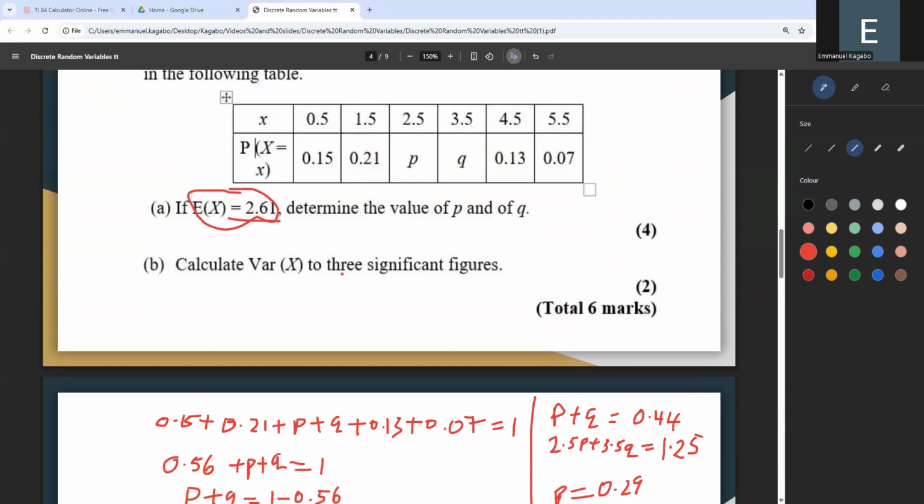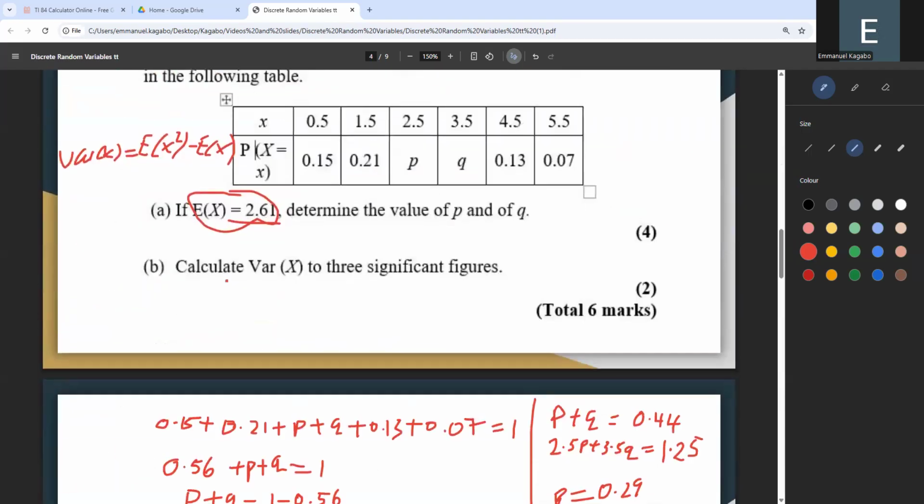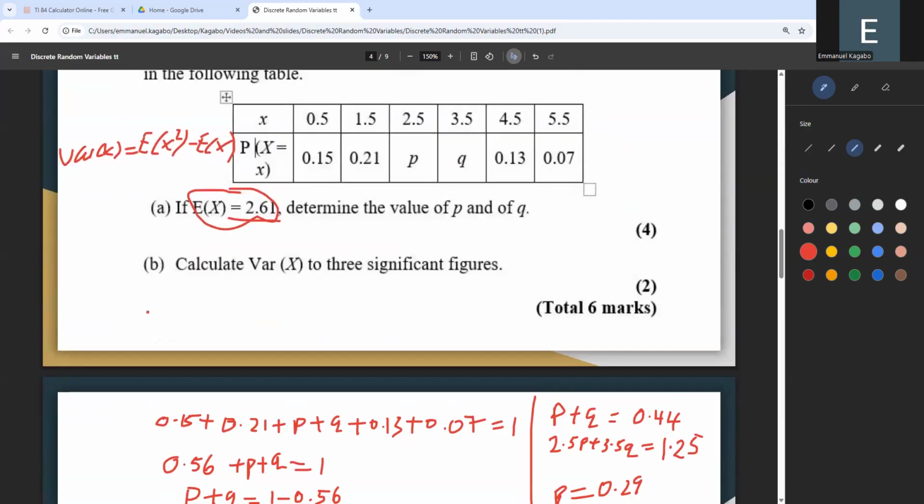Question 2, find the variance. So do you remember the formula for variance? We say the variance is given by the sum of x squared times the probability, minus the mean squared. That's the formula, right? We already have the mean, guys. That is the formula you're supposed to use. It's the formula given here. Do you see that? So what does that mean? This basically means you're going to get